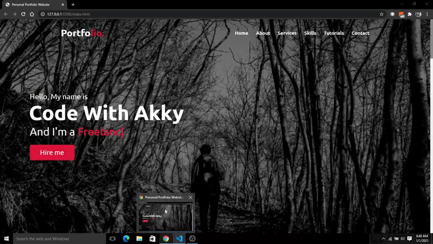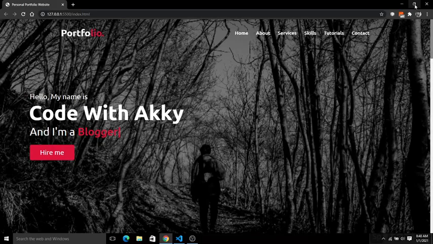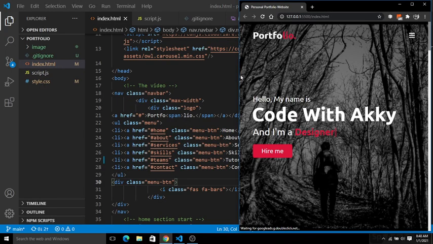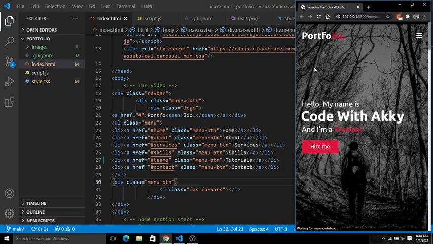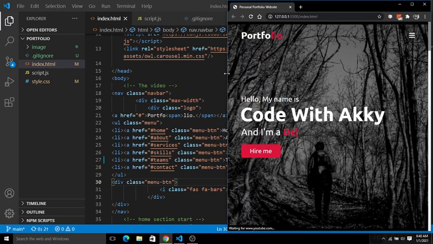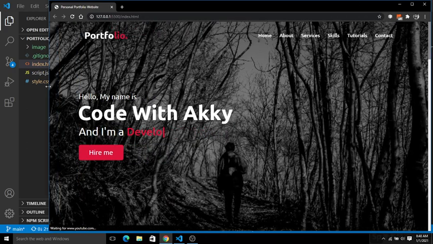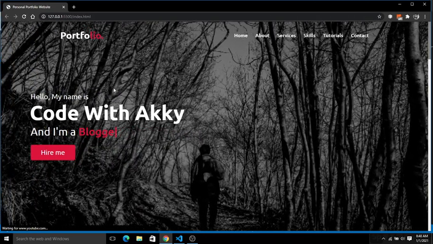So this is the portfolio with a responsive design. You can see if I make it a bit smaller, now you can see how responsive this is. It can be easily viewed on your mobile phone, on desktop, or a bigger screen. It is responsive on the entire screen, whether it is a big projector or a small device. So basically you can see we have this portfolio with a fully responsive and attractive UI.